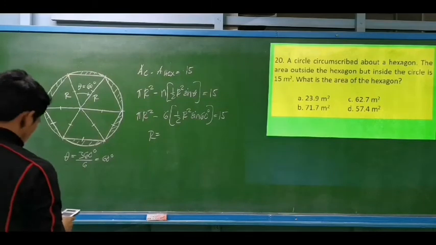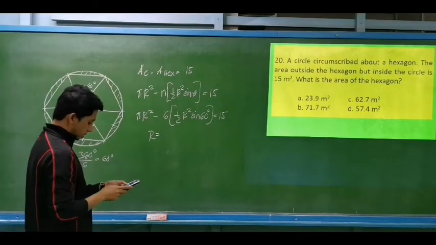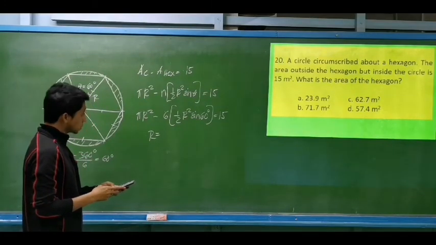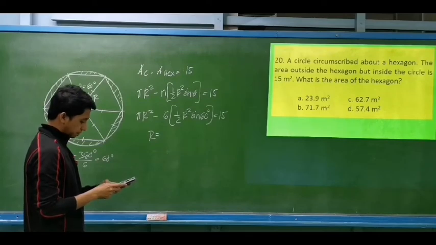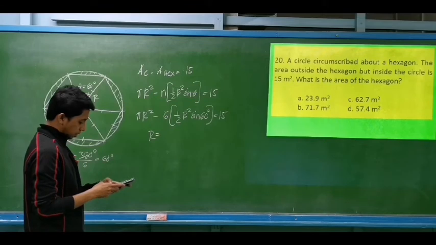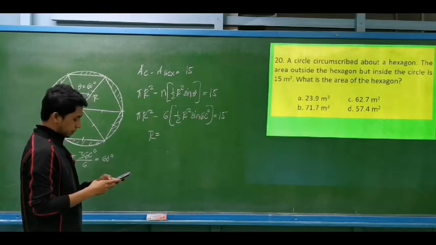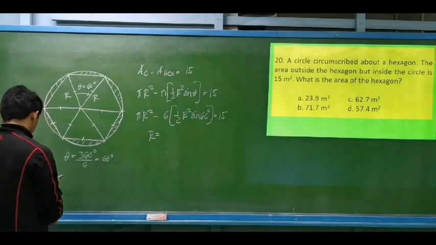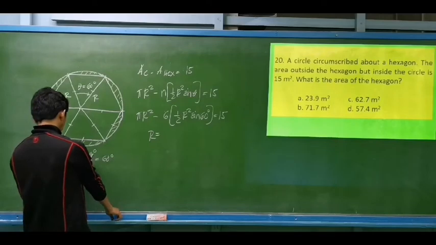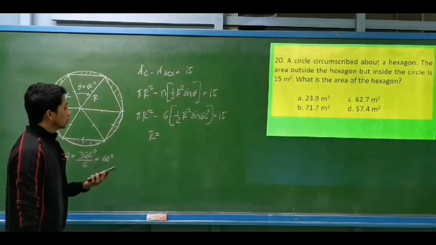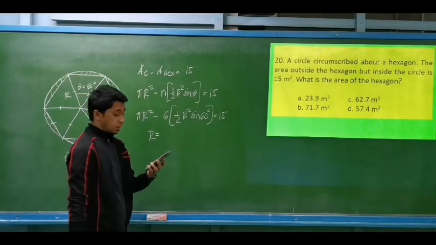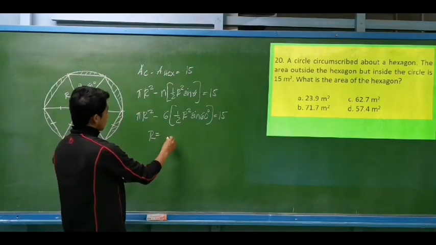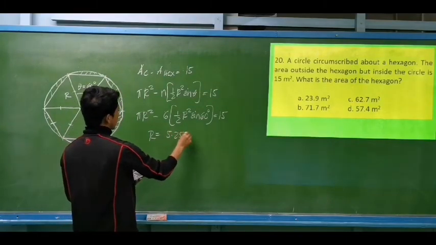So this is the same as pi, the radius minus 6 multiplied by 1/2 of the radius squared sine of 60 equal to 15. Should solve. Okay, so the radius is equal to 5.253